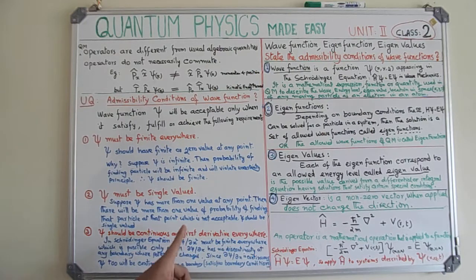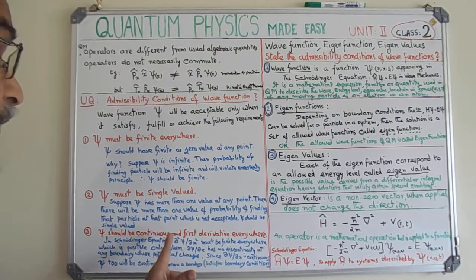Dou square psi by dou x square must be finite everywhere. Then only we can locate and understand the energy, position and all factors of the particle, which is possible only when dou psi by dou x, the first derivative,